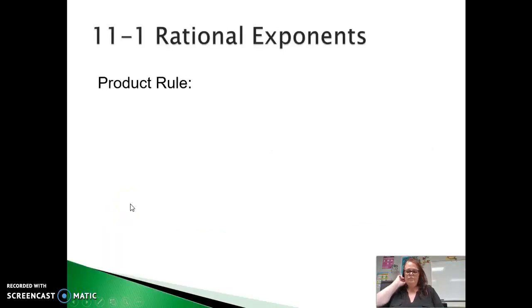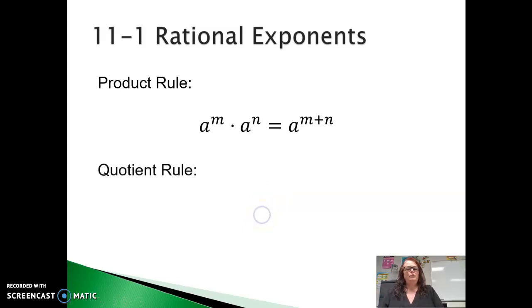All right, so the first rule that we're going to talk about is the product rule. And so the product rule says if I'm multiplying two numbers with the same bases, then if I add up their exponents, I get an equivalent number. So a to the m times a to the n is equal to a to the power of m plus n. And then similarly, the quotient rule says if I'm dividing two numbers with the same base, then I would